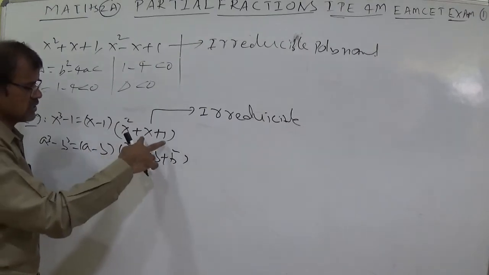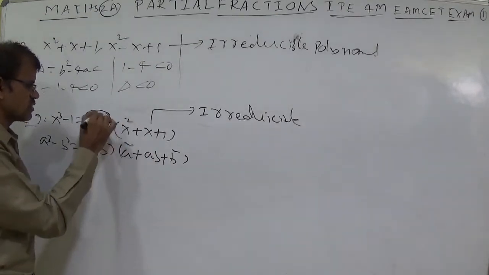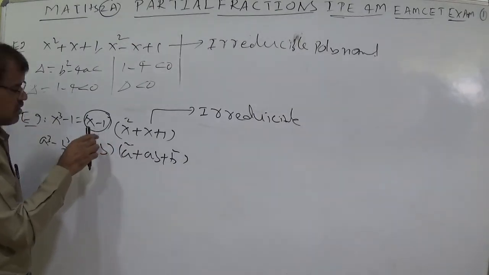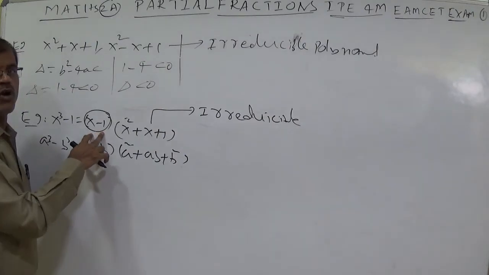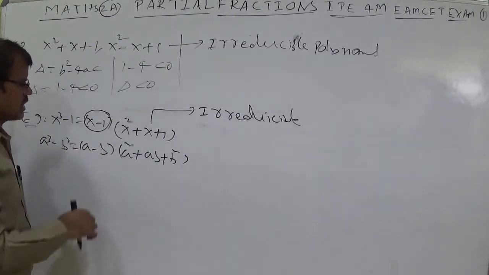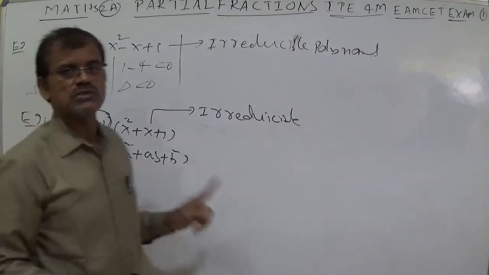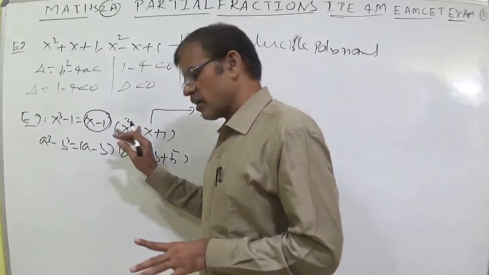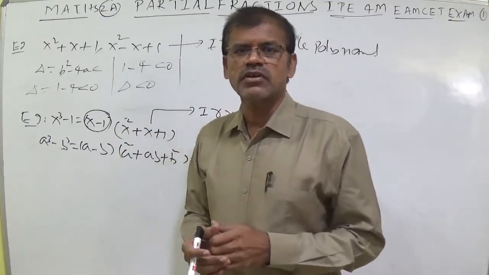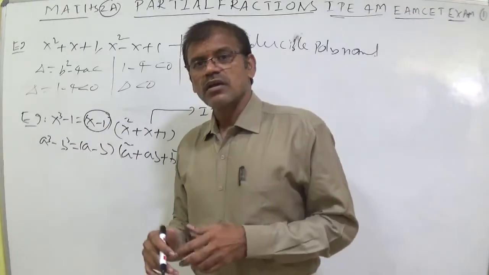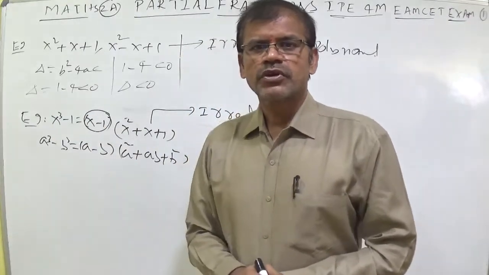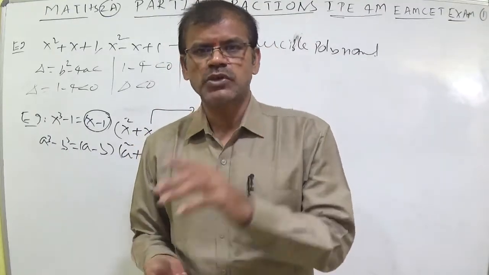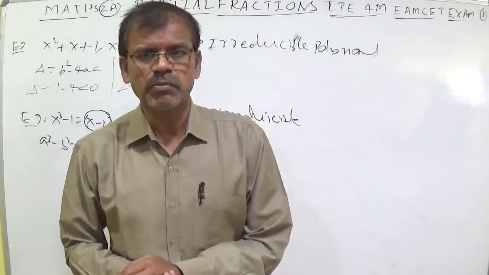So you can understand that one polynomial can be written as the product of irreducible polynomials. Of course x minus 1 is also irreducible because we cannot write it as two or more factors, since it is a monomial. A monomial can never be split. A quadratic polynomial may or may not be split. In a similar way, a cubic polynomial also may or may not be split, depending upon the characteristics of the cubic polynomial and of the biquadratic polynomial.